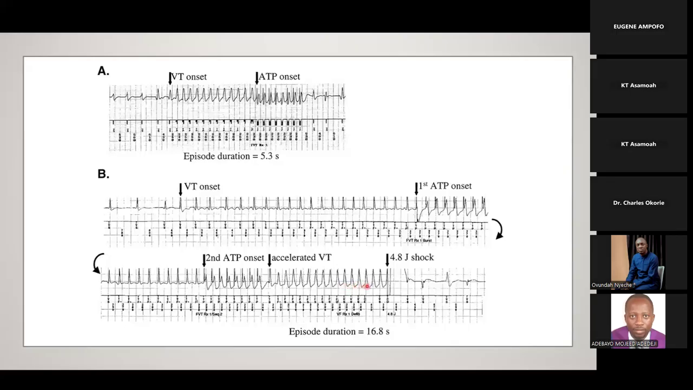Then now it's been programmed that once it enters zone 3, deliver a shock. So over here, it delivers a shock at 4.8 joules. And then now you have sinus rhythm restored. This is an ectopic beat, but then now you have sinus rhythm restored. So the shock was able to terminate it. So this is how arrhythmia termination occurs in zones, both with anti-tachycardia pacing and